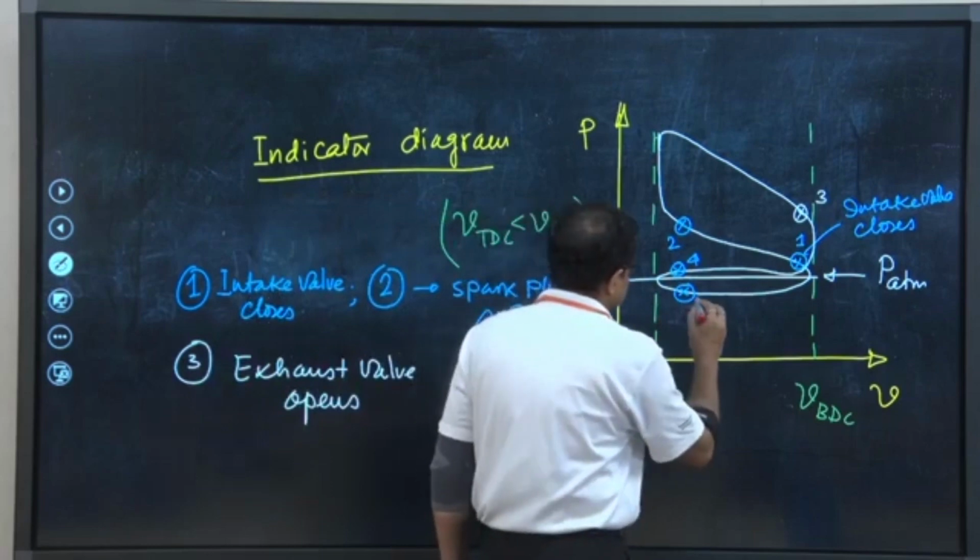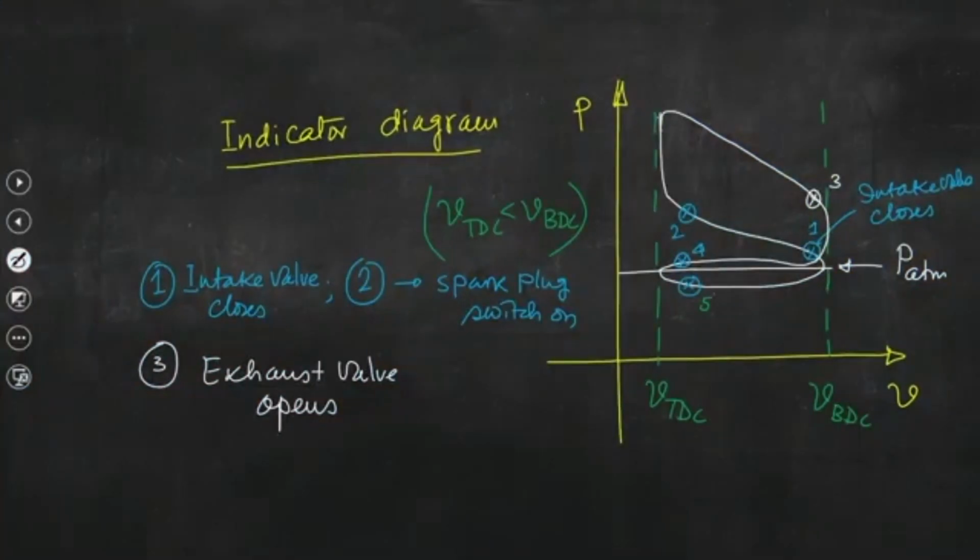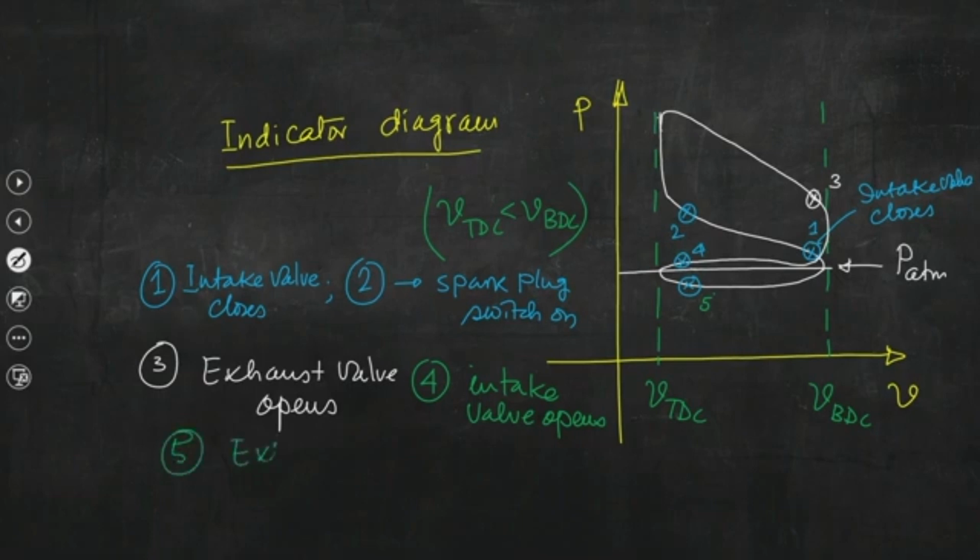this is say 5. So, 4 is intake valve opens, 5 is exhaust valve closes. So, what is interesting,